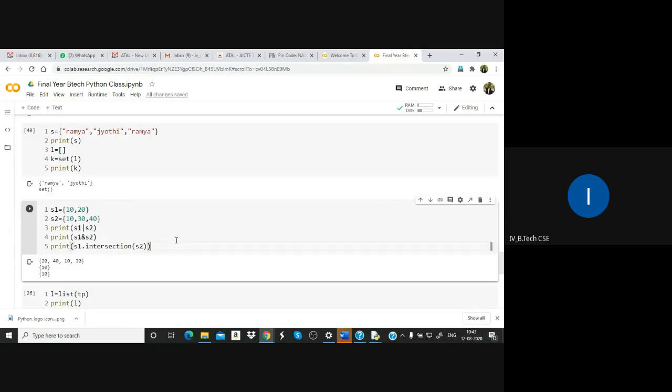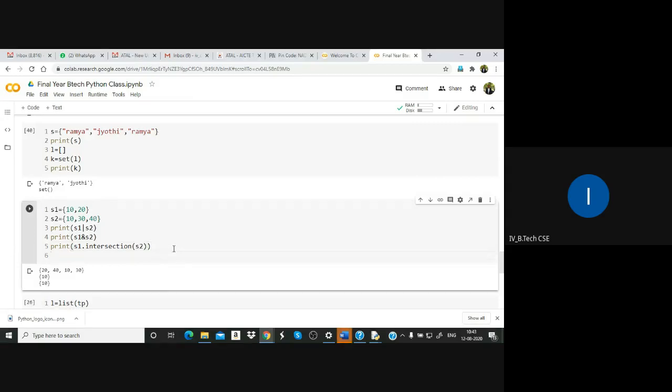Next, the difference between set A and set B, A minus B. You learned this in childhood, no? Now S1 minus S2: you can perform difference using the minus operator. Print S1 minus S2.